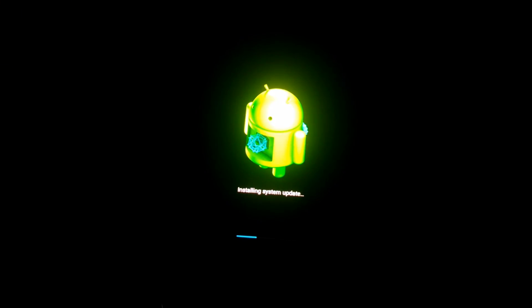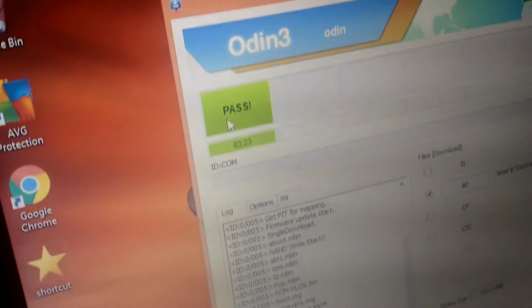As you can see, it is done now, and it is resetting. So the phone is now in work in progress. As you can see, it shows the pass. That means the procedure was successfully done.